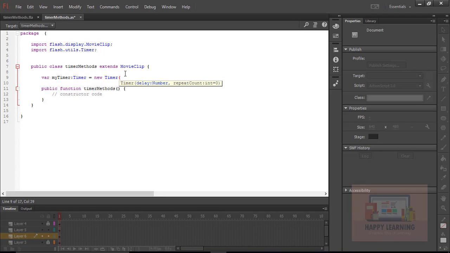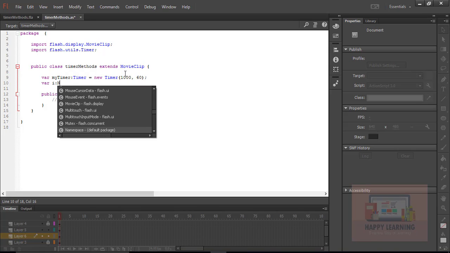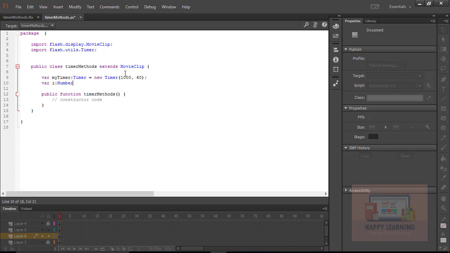We just need to define the parameters. One is delay, second one is repeat count. Let's take the delay as 1000 milliseconds and the repeat count must be 60. Let us define one variable i, and the data type must be Number, and the initial value of that variable is 60. And let's get into the public function, which is the default function,